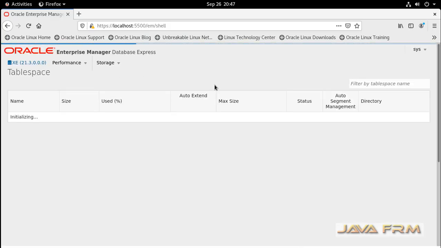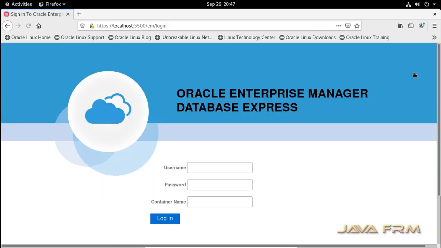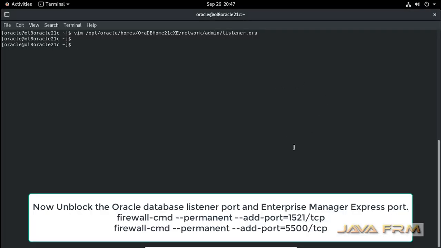You can navigate all the links in Enterprise Manager Database Express. It will provide you the basic details. Okay, I am logging off Enterprise Manager. Features are minimized. Previous versions, like Oracle 12c, had a lot of features in Enterprise Manager. Now those features are minimized.